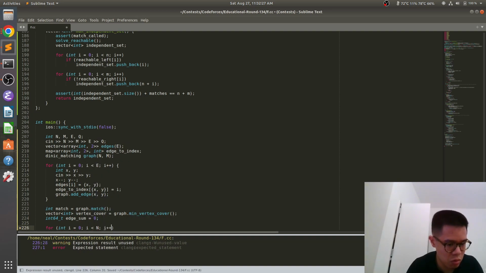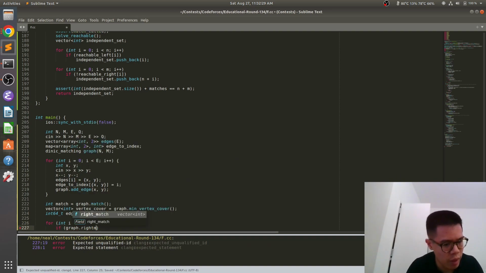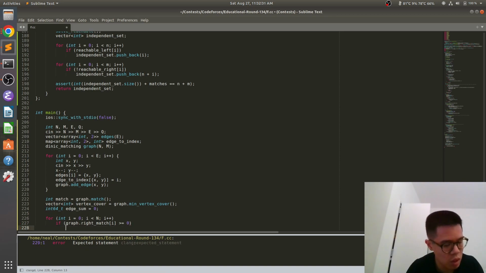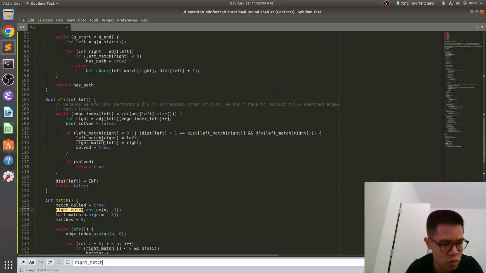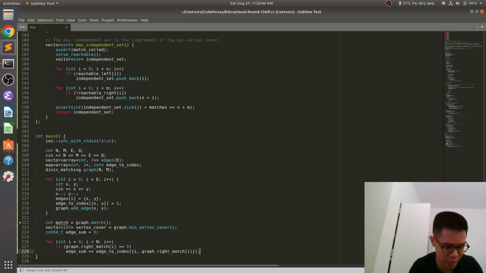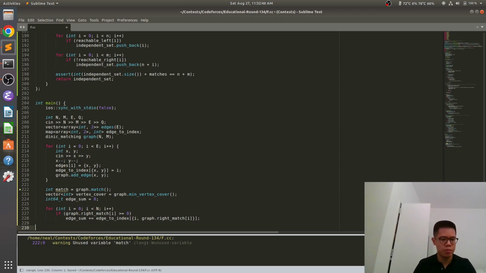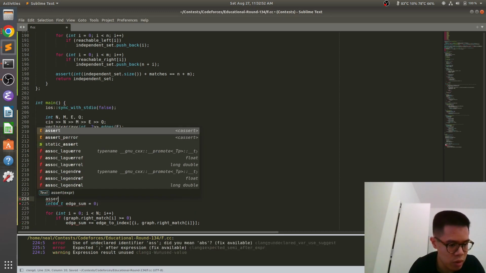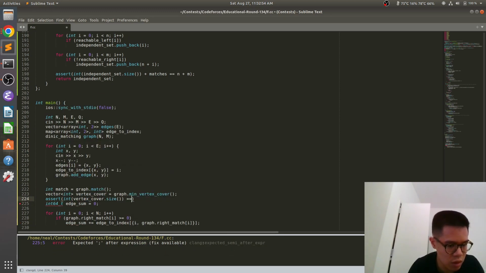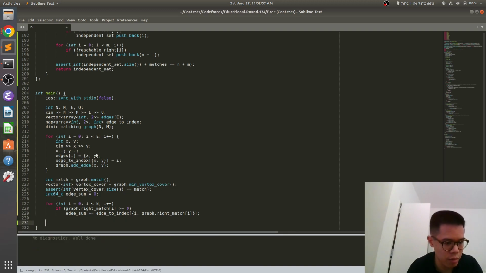If graph.rightMatch I is greater than 0, then edge sum plus equals edge index I graph.match I. Right match is what I think it is, right? It is resized. Yes, it's size n. And I'm going to assert int vertex cover size is match. And then I'm going to